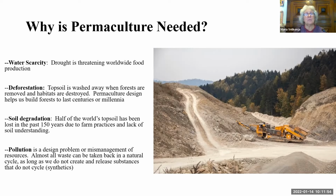If you think about it, before modern agriculture in the last 200 or 500 years, when forests started getting eliminated, people did work in permaculture type systems. Our ancestors, people who inhabited this country before the last 400 years in the United States, worked in permaculture style systems. We need permaculture because of soil degradation. Half of the world's topsoil has been lost in the past 150 years due to farm practices and lack of soil understanding. And finally, we need permaculture